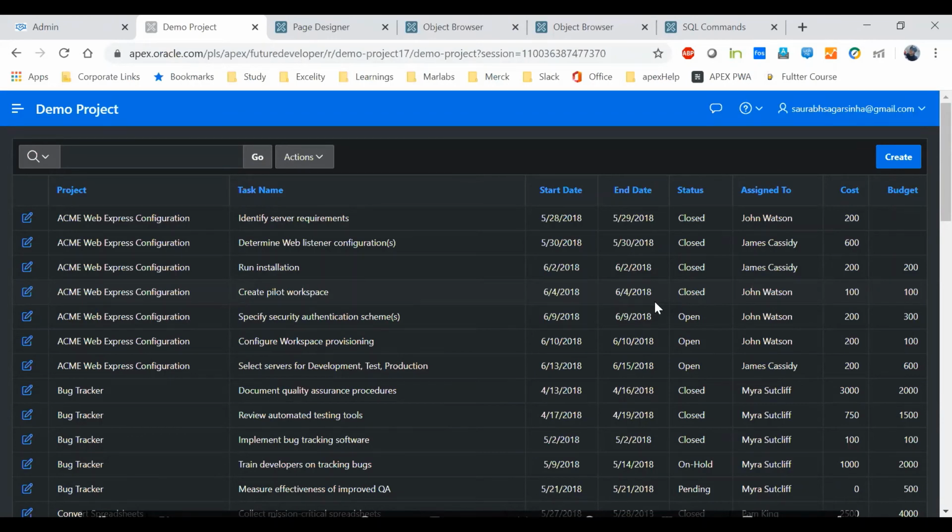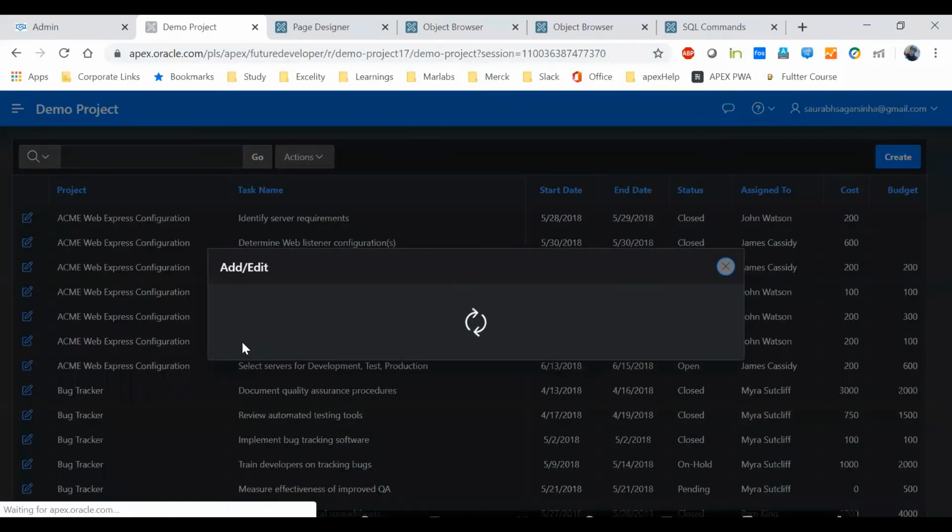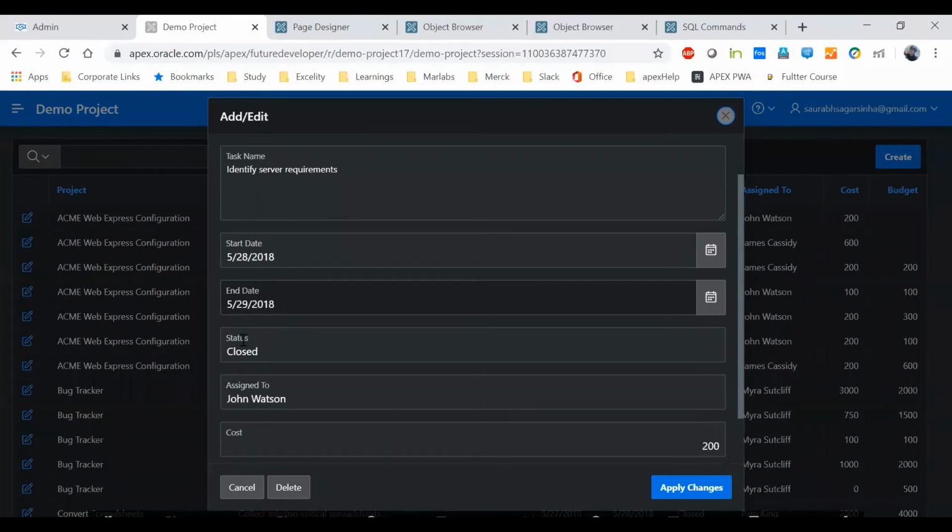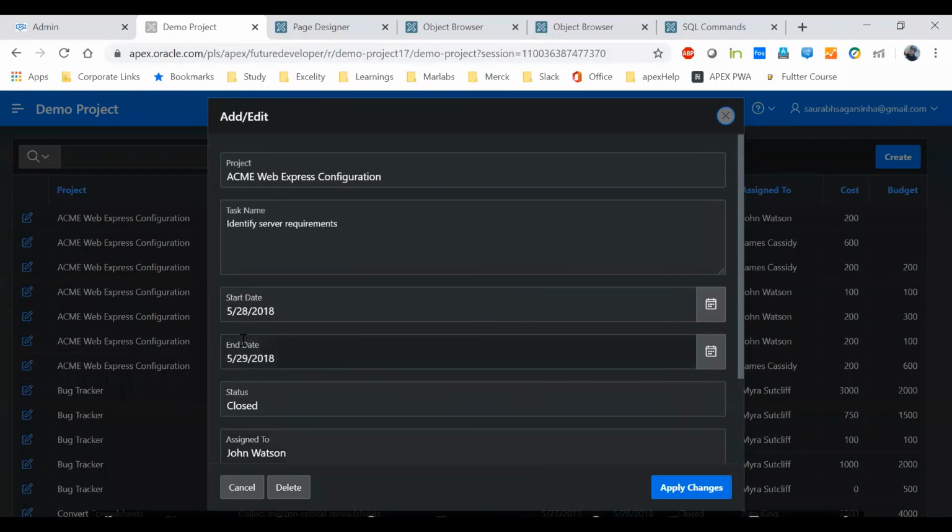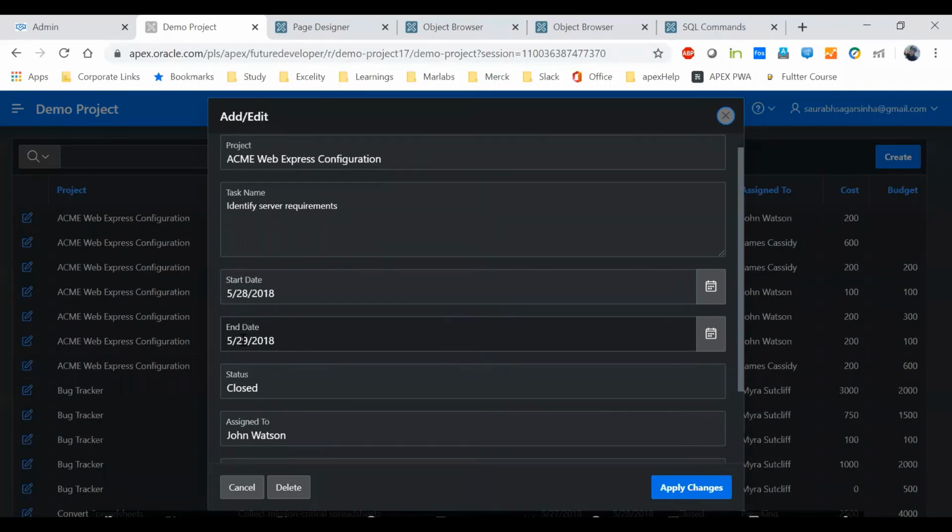So for your answer, we can give validation in the interactive grid also, but we cannot give complex validation in the interactive grid. We can do it here very easily. And as you can see, this looks more beautiful to the user. A lot of people are not familiar with Excel sheets, and the grid does not give as much flexibility as the interactive report. But again, it is up to the requirement. If your interactive grid fulfills the requirement, you can use that.